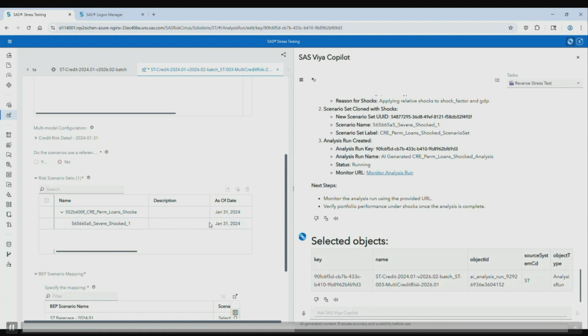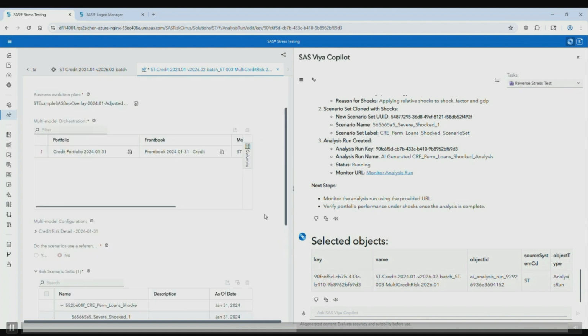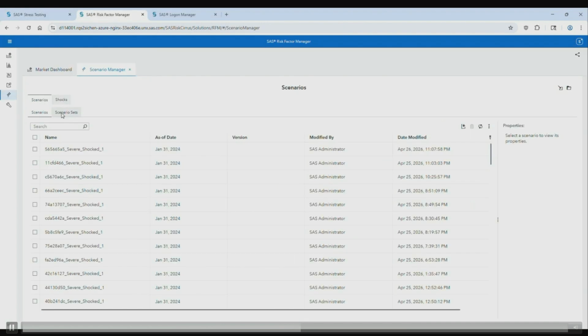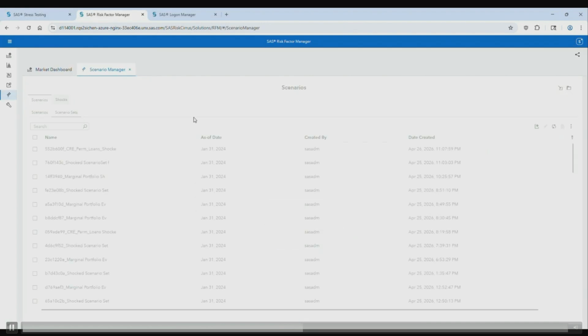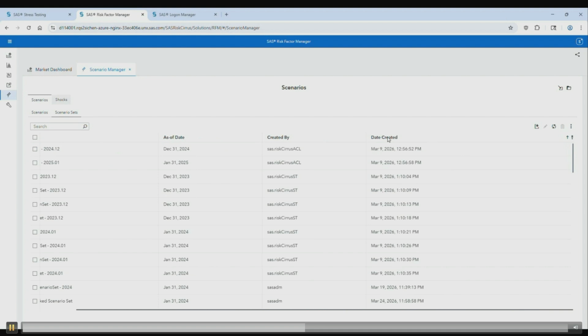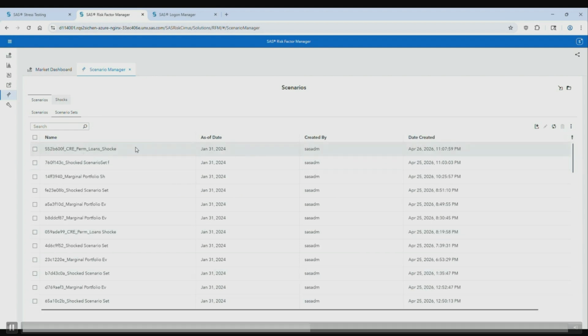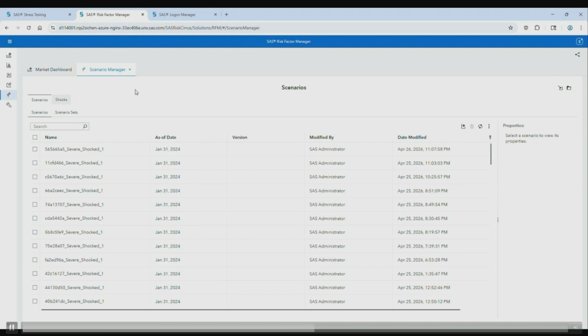So this is how we are capturing the additional scenarios and then using them again to create another analysis run to provide more insight. And these are the shocks that were generated. So we have the different shocks, and we can look into the particular shock that was generated.